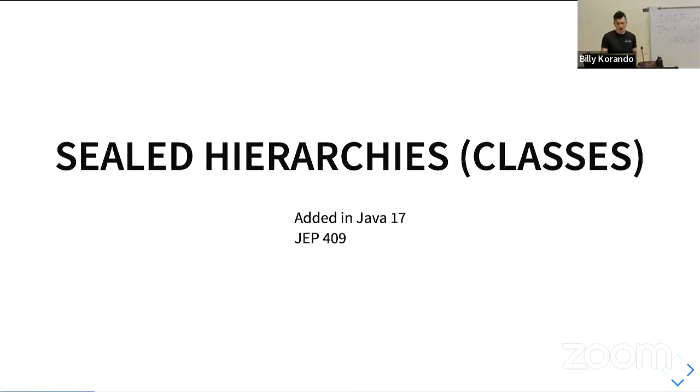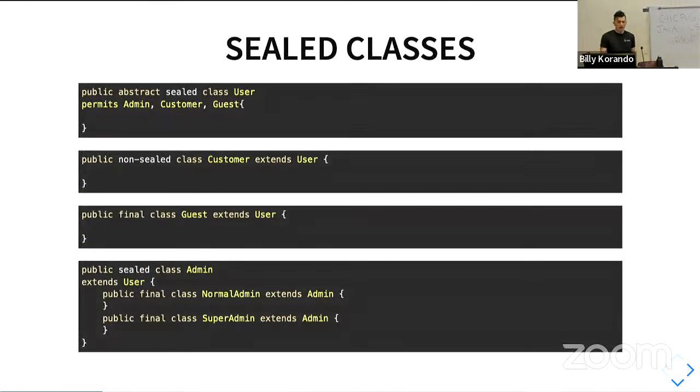Then there's sealed hierarchies, or sealed classes as they're called in the JEP. What they are is the ability for a class to define who can extend off of it. So in this case, I have a user, and user only allows admin, customer, or guest to extend it. Sealed classes become more practically useful particularly starting in Java 21. But before here, back in 17, if you're still just on 17,